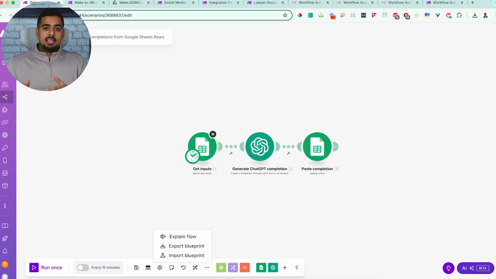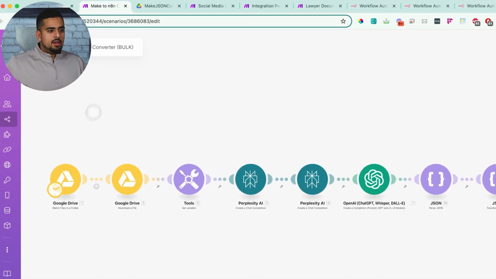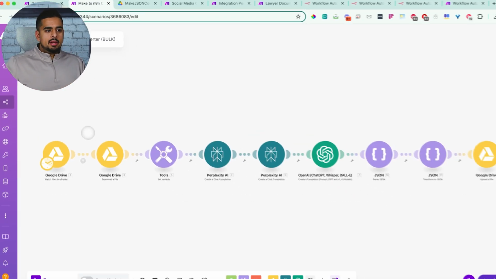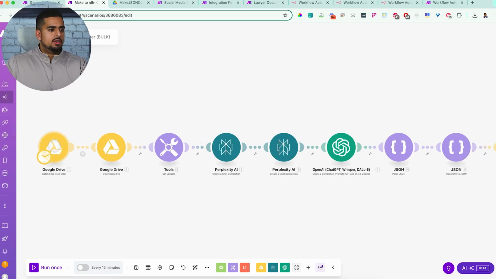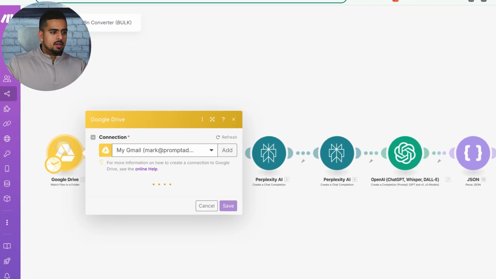But as the lazy mad scientist I am, I didn't want to settle for having to do that, so I built an automation in make.com that lets you just drag and drop a series of JSON files and have them converted immediately. So if we go to this tab here, you're going to see I have this semi-complex automation, and if we dive into the details here, you're going to see that we have our first step here, which is